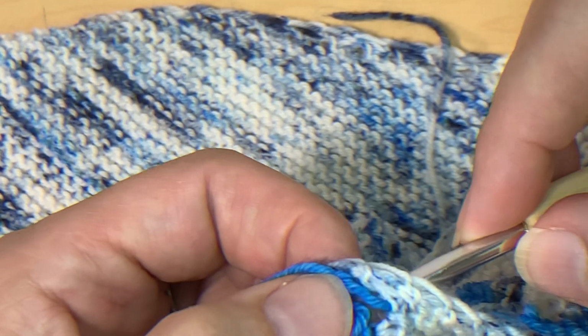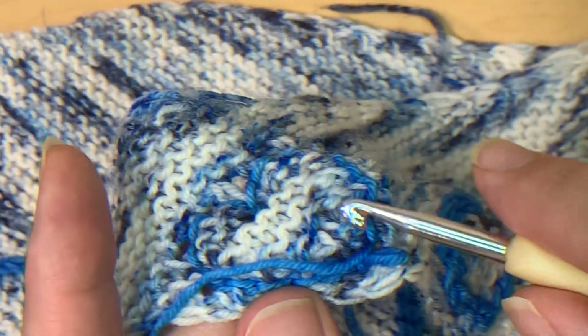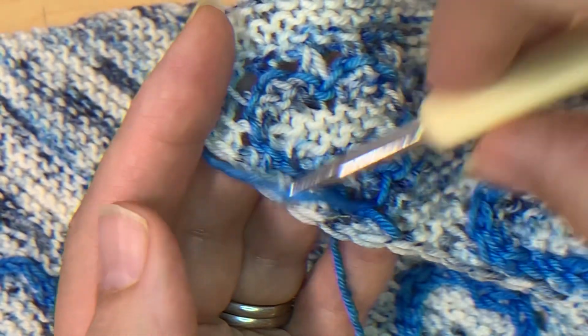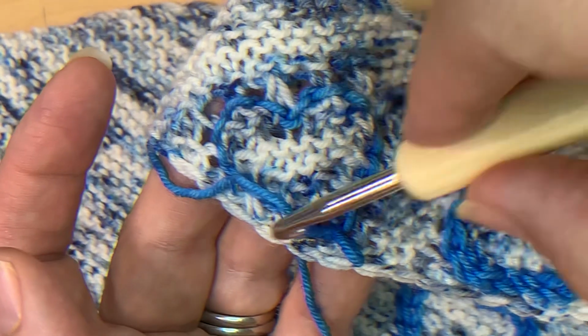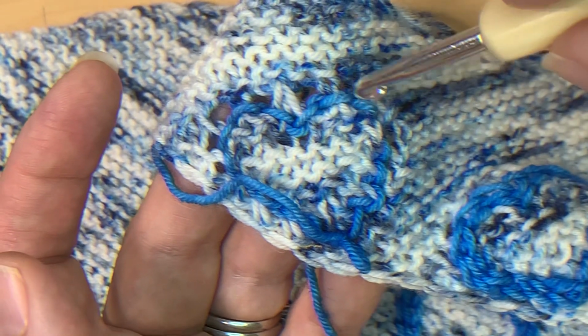I'm just trying to make them switch places. However you do it is fine. But now I've made them switch places and I can flip it all over. I've got the loop on this side now and the working yarn on the other side. And what I'm going to do, trying to ignore my original tail, is do the same thing. This is actually in the same direction, so I'm going up this way because I started when I was working through the other side. I did this, then